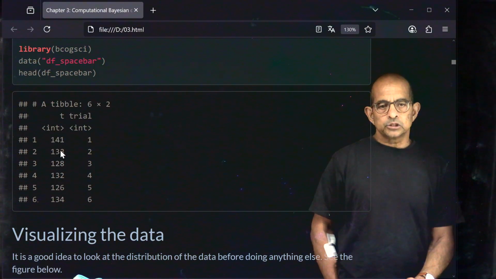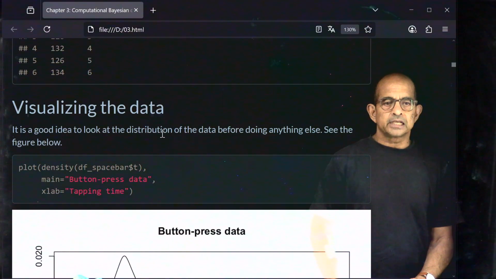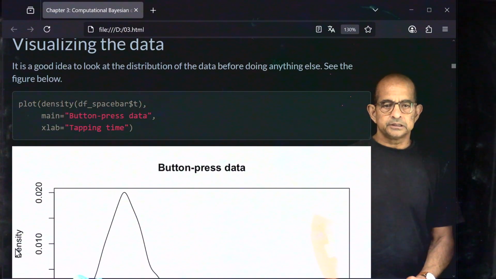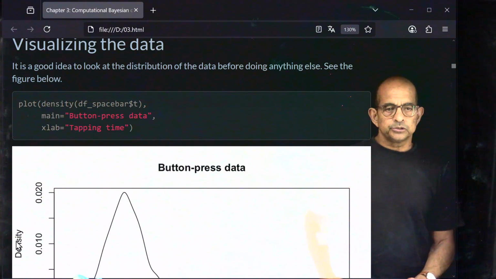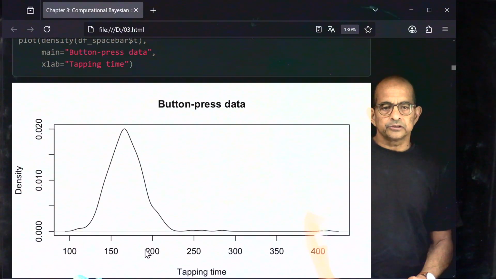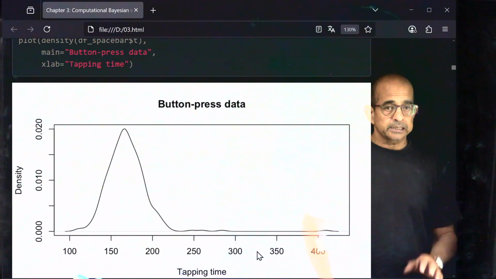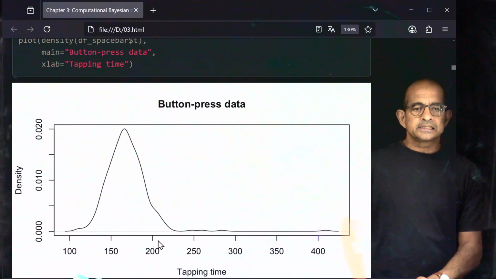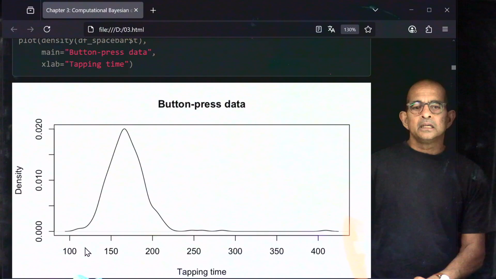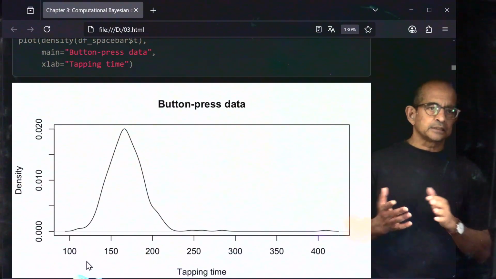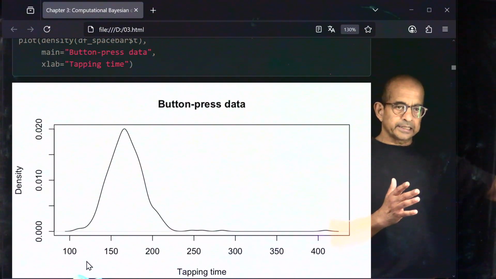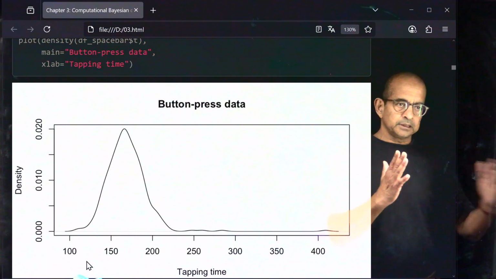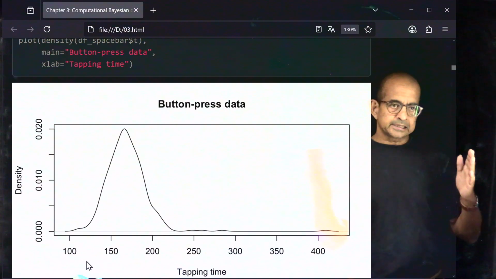First of all, let's just look at this column of button tapping times visually and do a graphical summary of the data. What you'll observe is that the data is slightly skewed. So let me show you here. On the x-axis, I have button tapping times in milliseconds. And what you see is that there's a slight skew here to the right. And that is not surprising. In reading time and button tapping times, you will see a skew in one direction because the data can only increase in one direction. You can't get less than 0 milliseconds